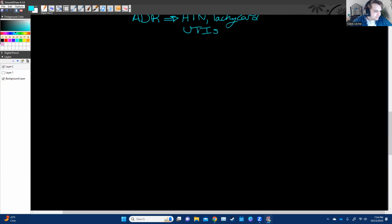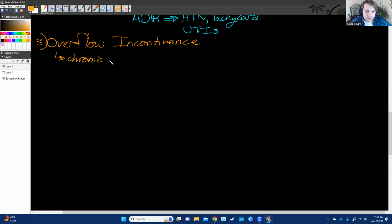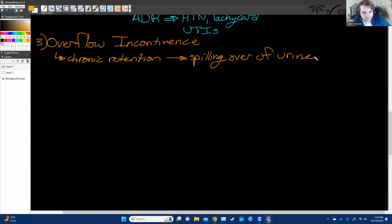All right, let's go into the last one, which is overflow incontinence. Overflow incontinence, as I said earlier, is essentially the idea that you have chronic retention, which leads to the spilling over of urine. So imagine if you were filling up a cup, and you kept filling it up right until it got to the top. That is you when you are so full of pee that you just can't stand it